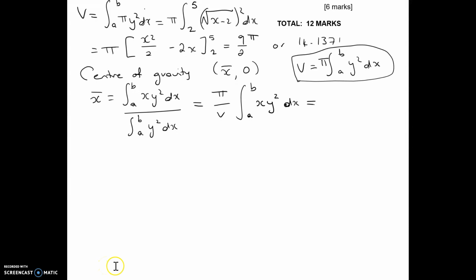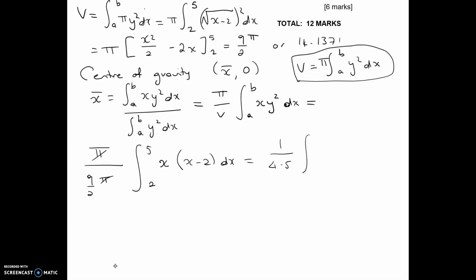So I've got pi, I'll write it down here, pi over, now v was, well, left in terms of pi, said it might be useful, 9 over 2 pi times the integral between 2 and 5 of x times y squared, and we'd already worked out what y squared was. It was x minus 2. So we can cancel the pi's, and we can get 1 over 4.5 times the integral between 2 and 5 of x squared minus 2x,